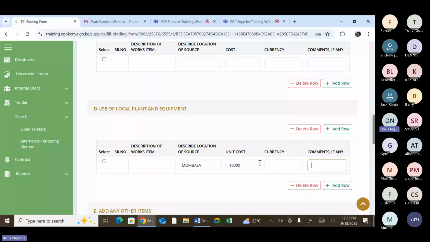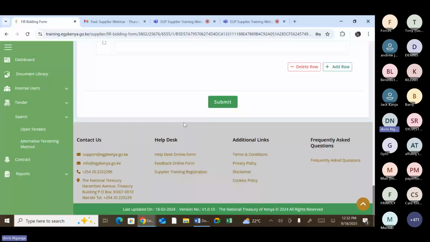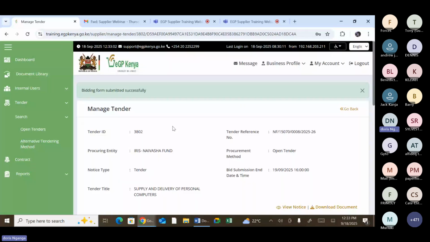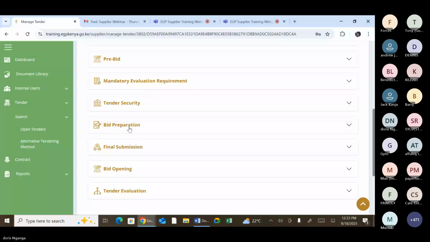So in this instance, if you are a supplier registered in the Kenyan government, you'll just need to submit. You are not obligated to fill anything there because you're not a foreigner, but the foreign companies are required. This is a mandatory field for them to fill. Bid preparation, again,